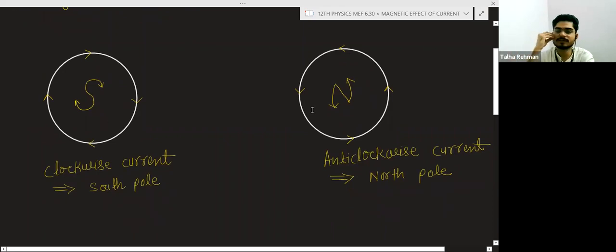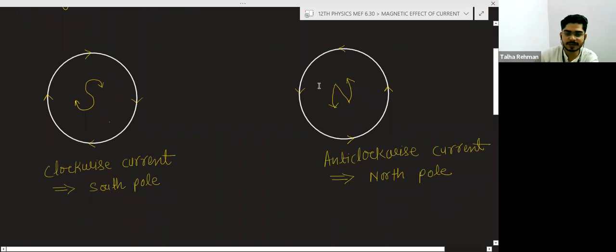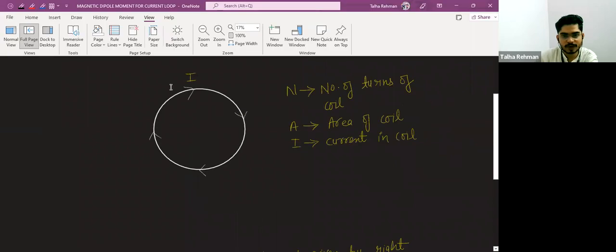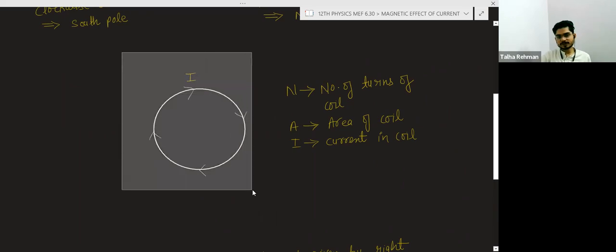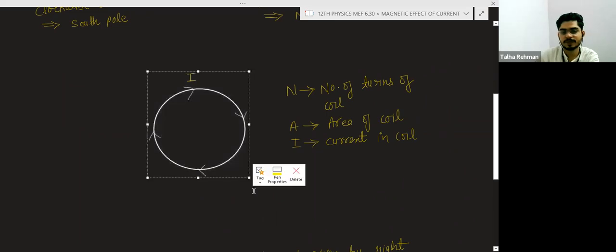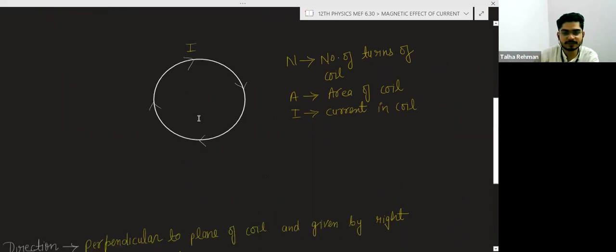Now we will write the formula for how we will calculate the magnetic moment. So suppose you have this circular coil, and this coil has the current I, and N is the number of turns in this coil. This is only one turn shown here, but suppose there are N turns in this coil. A is the area of the coil, I is the current in the coil. Then the magnetic moment is given as